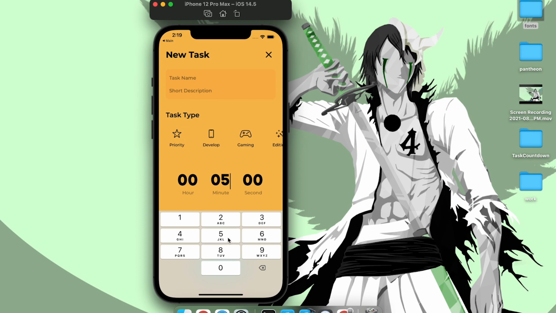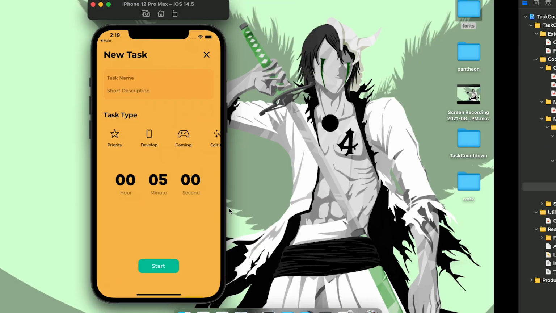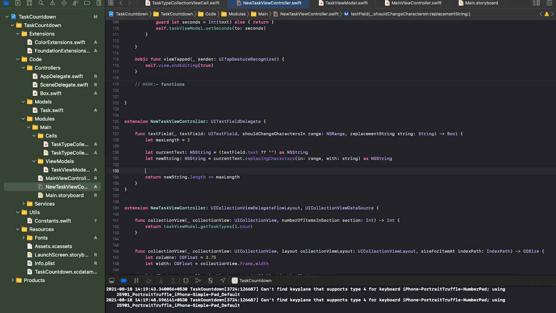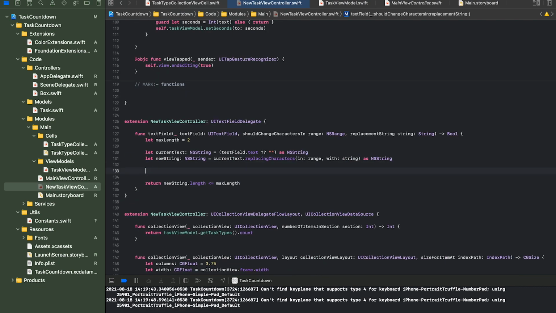Well, there is a problem, and I guess I know what it is. We need to make some changes to our text fields since we now append zeros to single digits. What happens is that it already makes the count as 2 and therefore you can't add any further. We'll need to fix it. Let's go back to the replacing function. The easiest way to fix it would be to check if the text limit is 2 and if it starts with a 0. Let's do that.